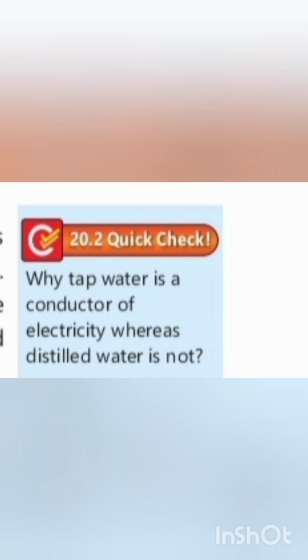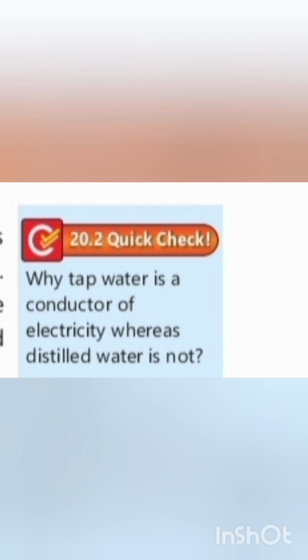Here comes our second quick check question. Why is tap water a conductor of electricity whereas distilled water is not? Answer. Electrical conductivity in a liquid requires the presence of mobile charged particles, meaning ions. Tap water contains dissolved minerals and salts such as calcium and magnesium salts, which break apart into free moving ions,